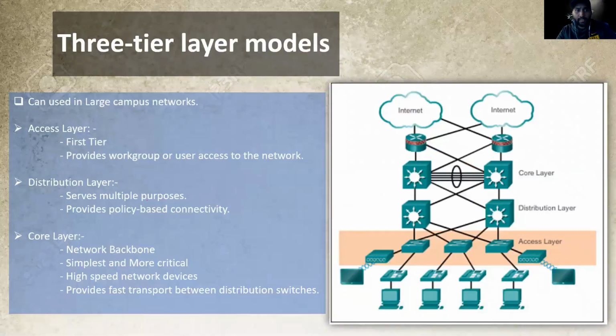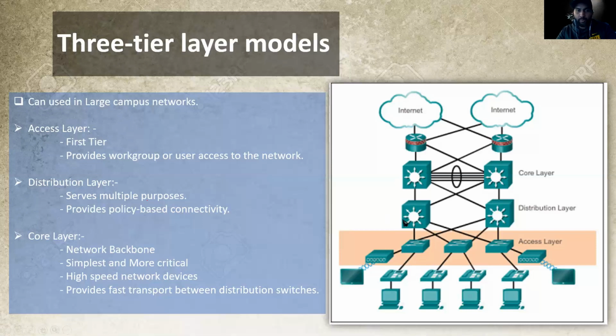In here, the design models can be used in large campus networks. A three-tier model includes all three layers. Let's begin with the access layer. The access layer is the first tier or edge of the campus. It grants end devices access to the network. As shown in the figure, the access layer network generally incorporates layer 2 switches and access points, providing connectivity between workstations and the servers. It is the first layer of defense in the network security architecture, and the first point of negotiation between end devices and the infrastructure.